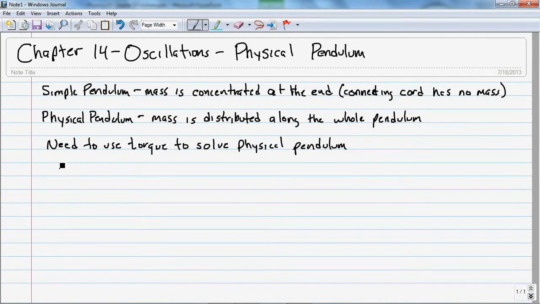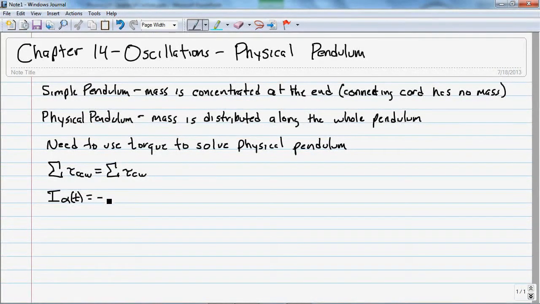And so our torque in the counterclockwise direction has to equal our torque in the clockwise direction. When we talk about torque, we're going to be talking about moments of inertia, I, and we're going to be talking about alpha of t, that's our rotational acceleration,